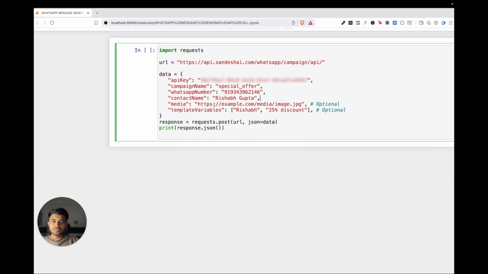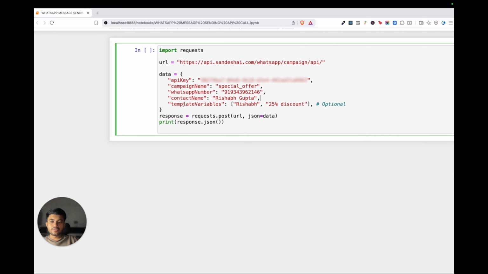In the template message which we have created earlier, we have selected text only. So we don't need to pass this media value. But if you have selected a media, then you need to pass the publicly available URL of that media here. Let's say you have selected an image while creating that WhatsApp template in the header section. Then you need to pass this media value and provide the publicly available image path here. You can generate a publicly available URL of your media by using a third-party service such as Amazon S3, Dropbox, or other similar services. Now in our case, we are not sending a media in that particular WhatsApp template message, so we can remove it here.